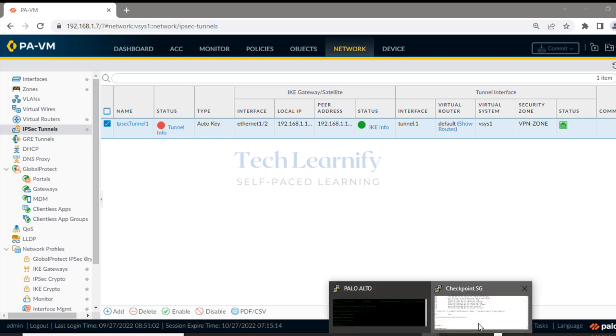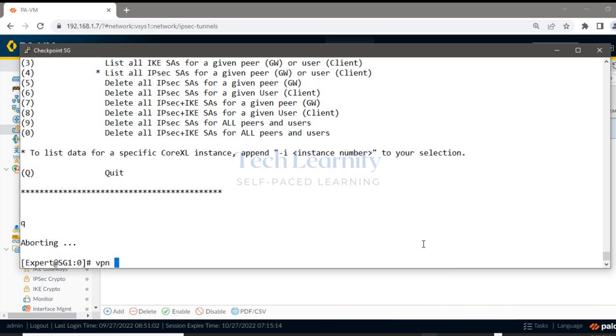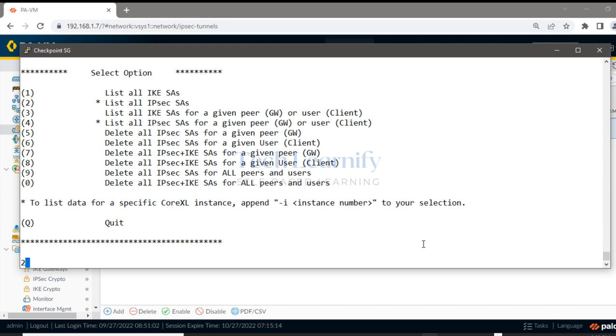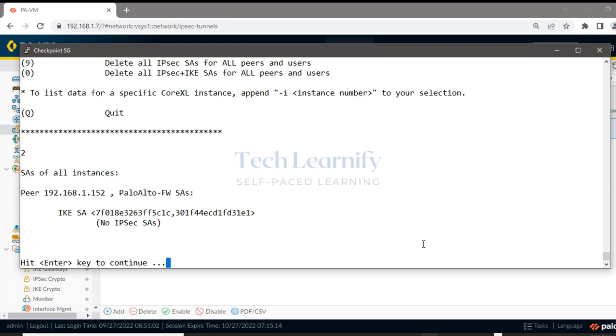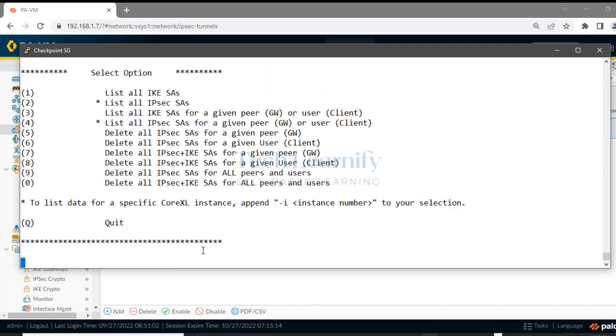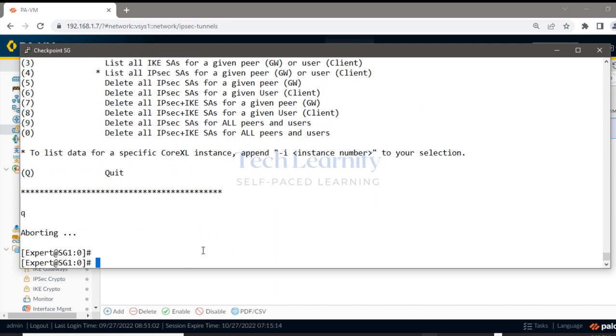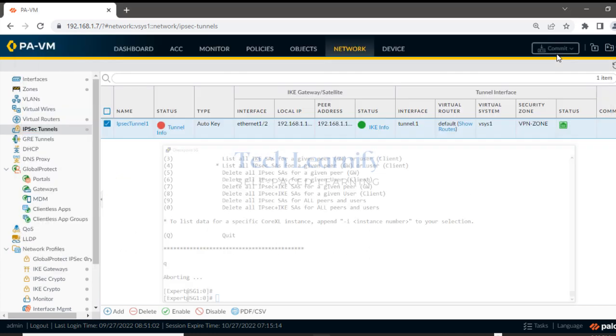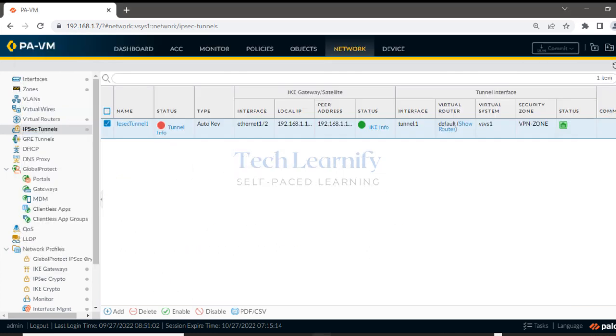Hmm. What if we run the command VPN to phase 2, no IPsec SA? It's still the same problem, right? So what's wrong now? Because phase 2 is still down,